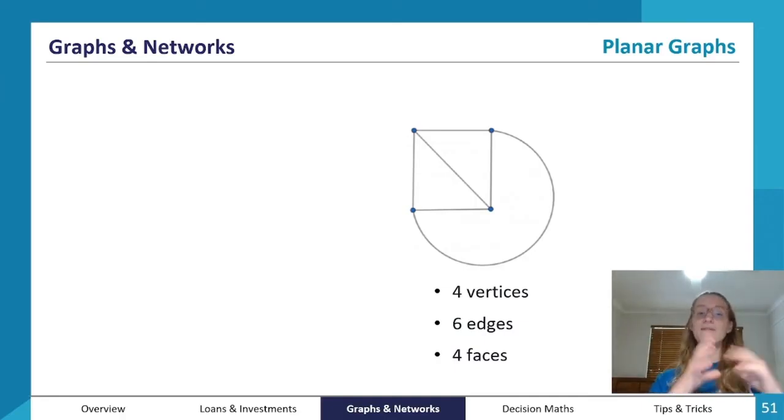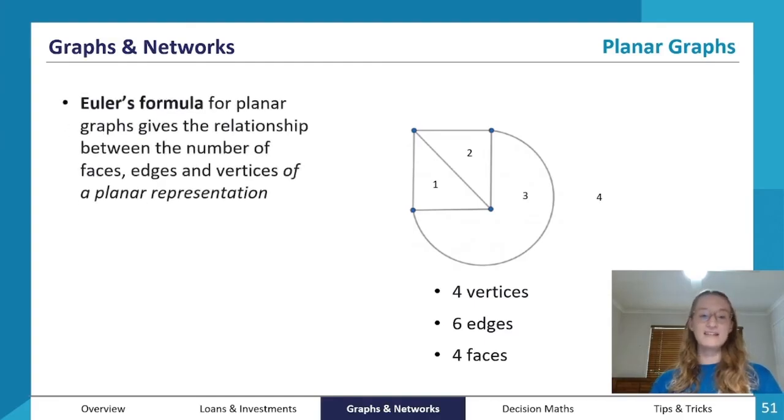A face is like a defined or distinct enclosed separate region of a graph. So that is an example of a face. That is an example of a face, as is that. And it's also important to remember to consider the outside area as well, because that's another distinct region of the graph. So we can see here that this planar graph has 4 vertices, 6 edges, and 4 faces,